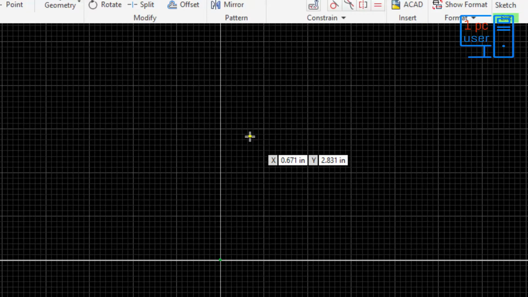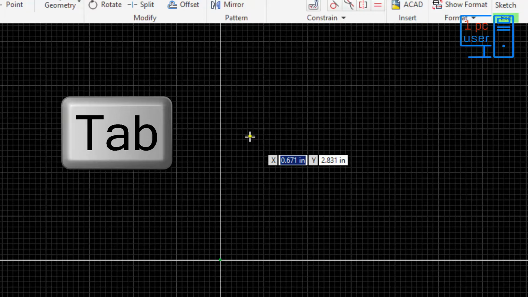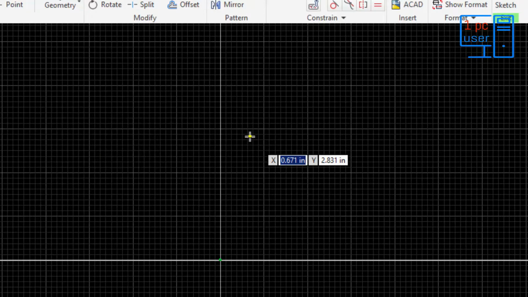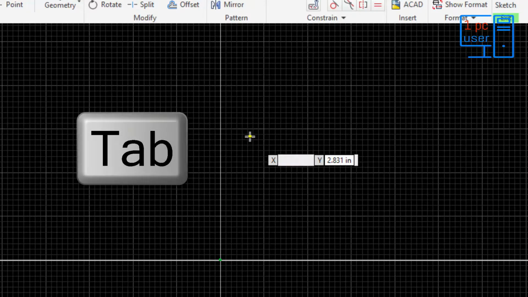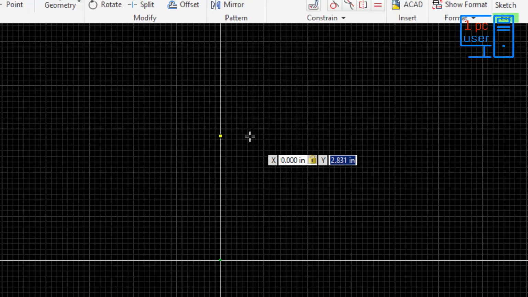If I want to give here any point, then first I will press tab, then it has highlighted x coordinate, so I will give here value 0, and then I will press tab again, and it has highlighted y coordinate. You can see here it has locked the x coordinate, and now I have to give value of y coordinate, so I will simply give value 0, enter.